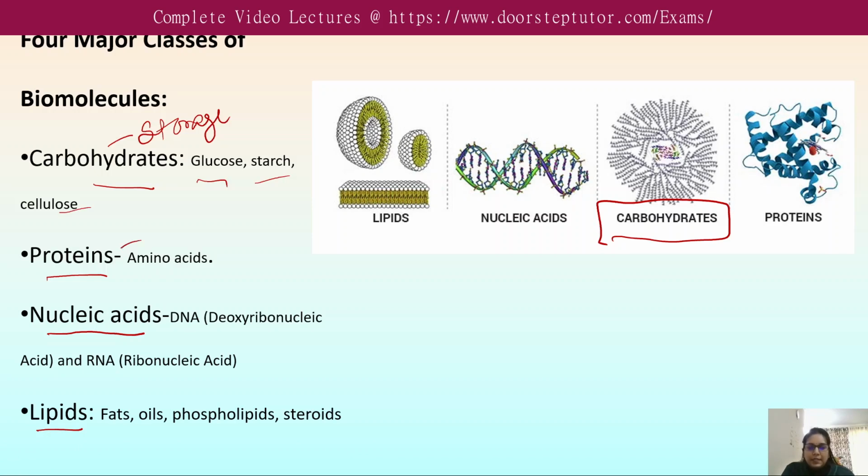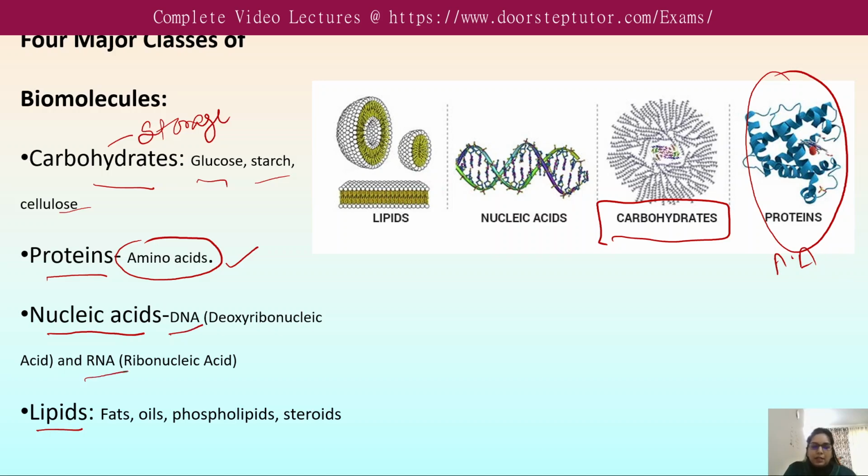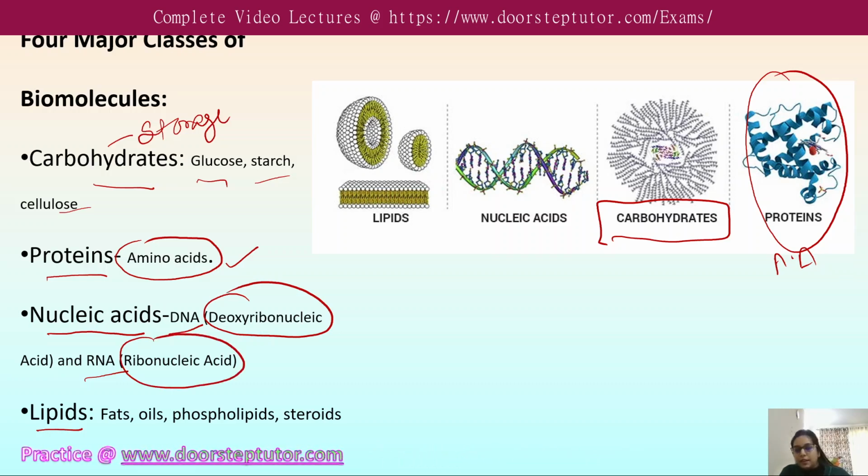The proteins' function is in enzyme formation, and they are structural components and also transporters and antibodies. They are generally composed of amino acids like this. This is the structure of a protein, which is made up of amino acids. The next biomolecule is nucleic acid, which includes DNA and RNA. DNA is deoxyribonucleic acid and RNA is ribonucleic acid. Their function is in genetic information storage as well as protein synthesis. They are basically composed